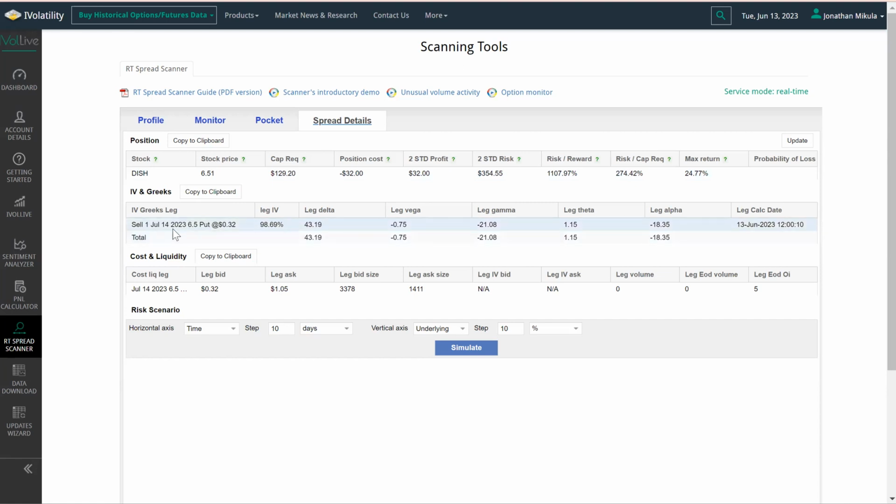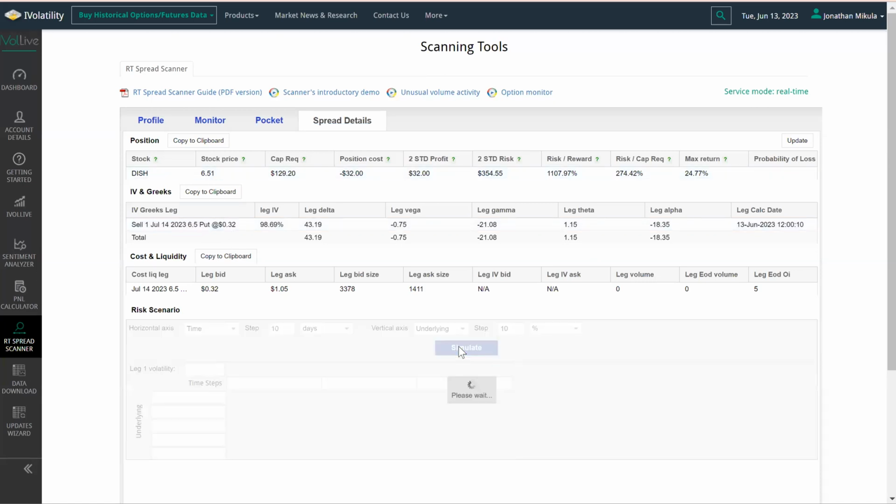But if I like Dish at current prices, hey, look, I'm able to actually leg into this trade for $6.50 minus the 32 cents I get paid, right? So I'm in at almost $6 instead of current prices at $6.51. You can come here, same thing,